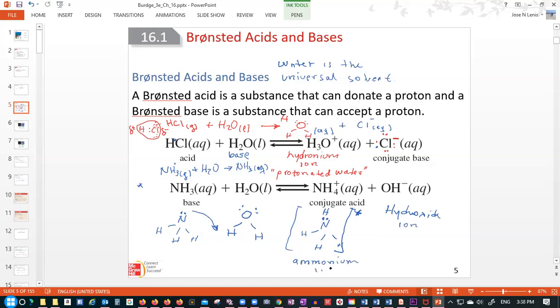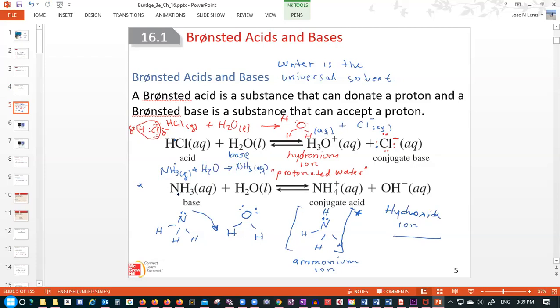Notice that this base is classified as a base because it's able to produce hydroxide ions after accepting a proton. So Brønsted-Lowry acid-base theory explains very well the basic properties of ammonia,